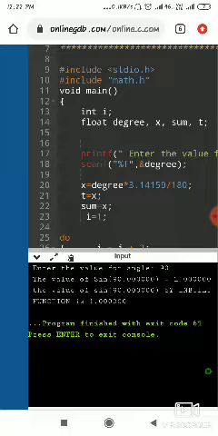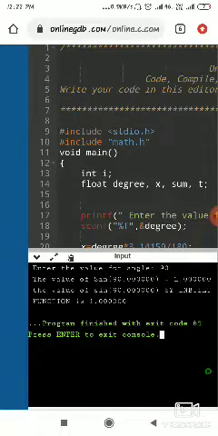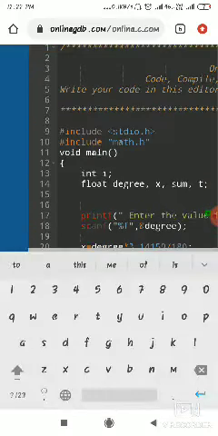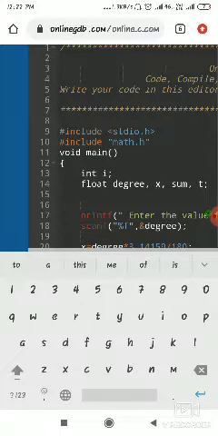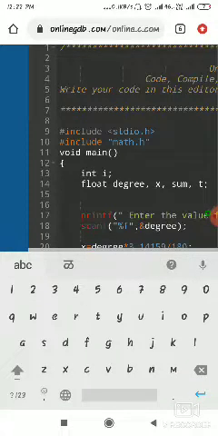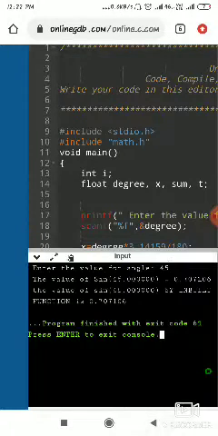Sir, you may say, instead of 90 go ahead with 45 or some other degree. No issues, we'll go ahead with that. So let me run the program. It is getting compiled, it is asking to enter the value for angle. Shall I put 45? Okay, so I have put 45. You can see it is root 3 by 2, nothing but 0.707106. Here you can see both the answers I am getting are correct.